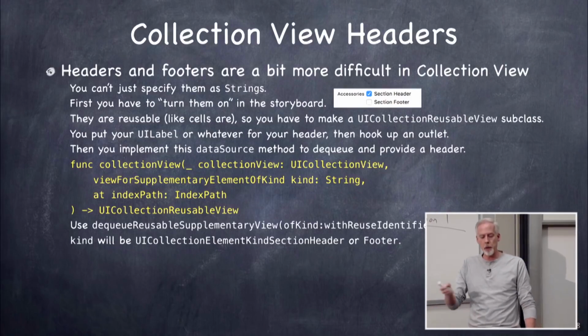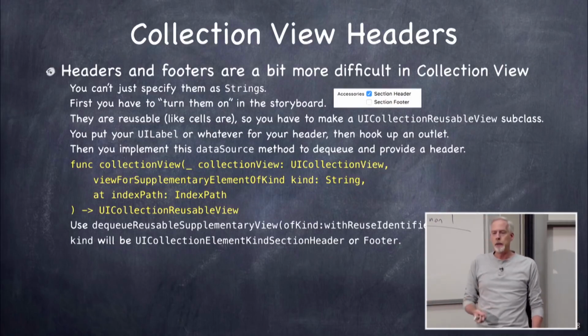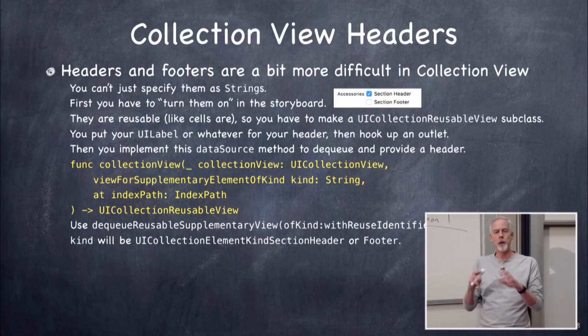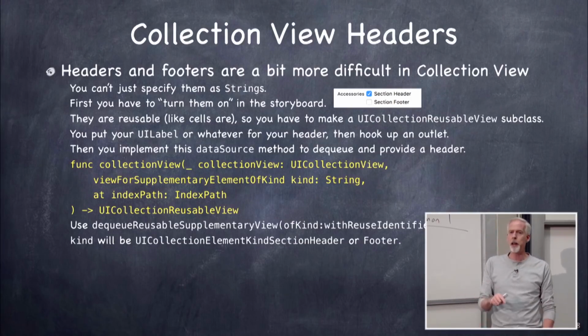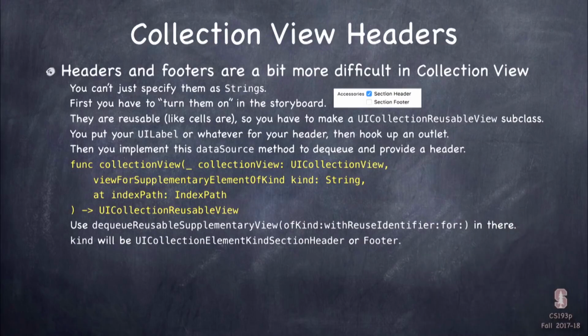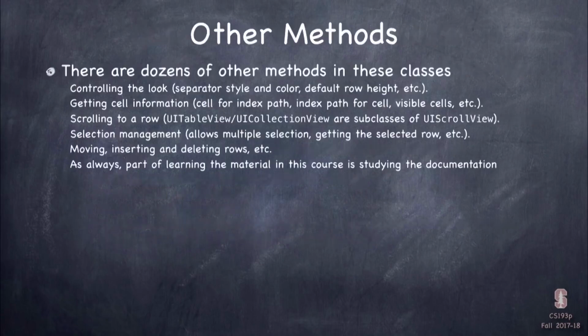and then you're going to implement this method, viewForSupplementaryElementOfKind, which is kind of like cellForRowAt indexPath, but just for the headers. And inside there, you're going to use another dequeue method. This one's called dequeueReusableSupplementaryView ofKind withReuseIdentifier for indexPath. And that's going to make a copy of that prototype and reuse them as they scroll around on screen. Okay, so I'm just giving you the general brush, but if you actually want to have headers, you're going to have to go figure all this out. Okay, headers and footers. That's for collection view only. All right,